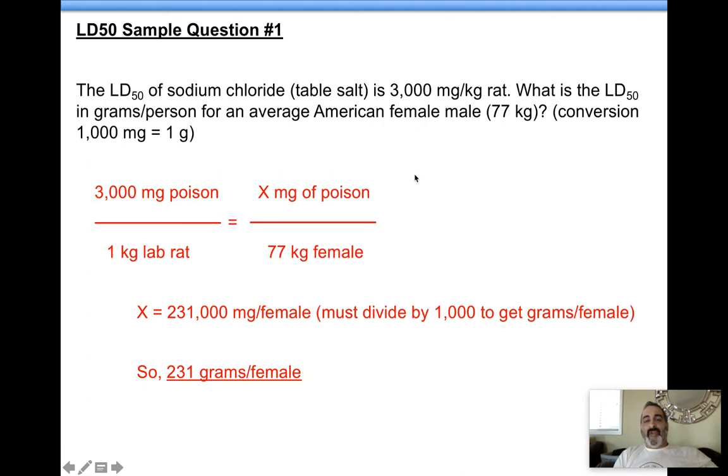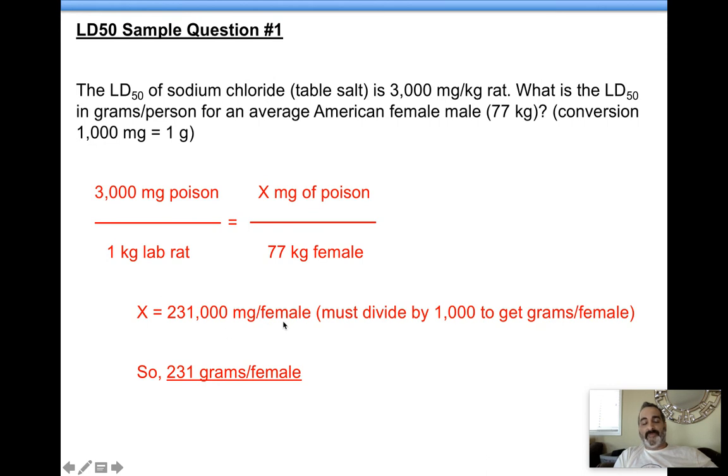So let's extrapolate it for humans. In this case, we're doing it for an average American female. Oh, it says male there. That's by accident. This is an average American female, not a male. 77 kilograms, I just looked that up. 77 kilograms of an average American female. So 77 goes down there, and X milligrams of poison. We cross multiply and divide. 77 times 3,000 gets you